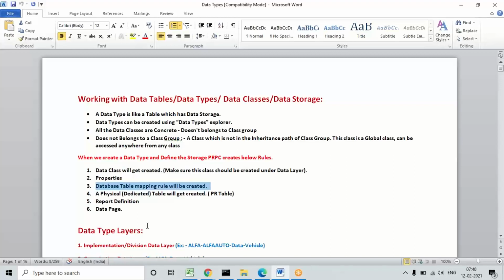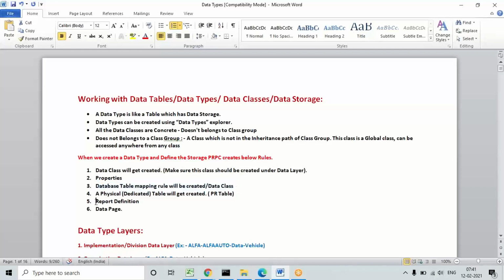And the other thing is, a physical table will be stored in the PR table in the rule base. So in the application, for mapping purposes, anywhere you want to use the table, a mapping name will be created. That is also called a data class, because the other name for the mapping name is data class. One physical rule will be created in the rule base, that is the backend name, but to use the table anywhere in the application, one mapping name will be created, which is also called the data class.